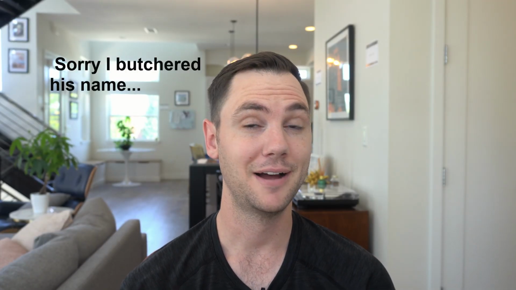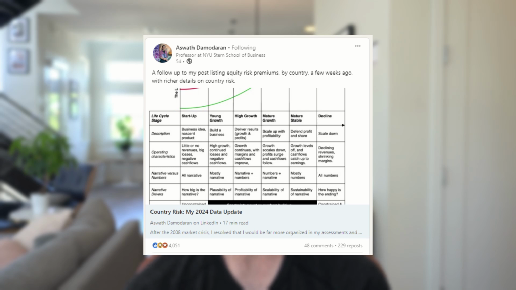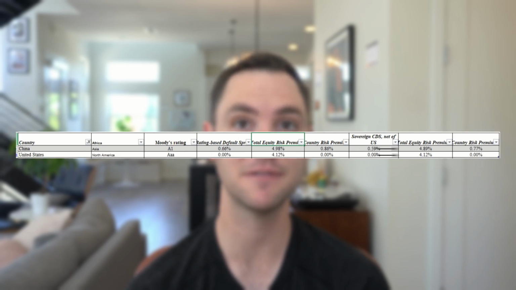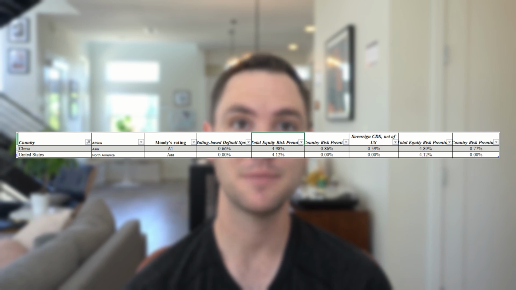Aswath Damodaran recently published his market risk premium update where he calculates the risk premium for equities for each country. And for China, he calculates a risk premium of 4.89%, which is slightly higher than the US risk premium he calculates of 4.12%. This would imply, based off his model, China is only slightly riskier than the US. He does have a very academic view, which makes sense as he is a professor. He leverages the default spread based on Moody's country ratings to calculate a country's risk premium. I'll link below his article where he walks through his analysis. So if you believe there's no more risk in China than the US, then you could conclude Alibaba is very undervalued currently.